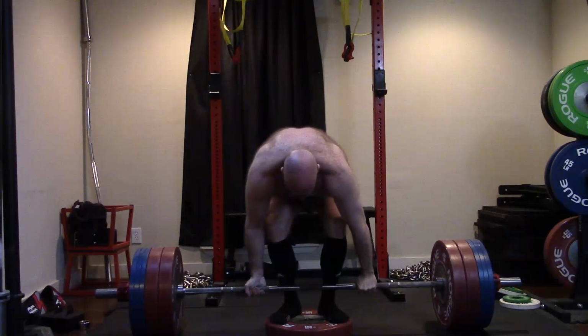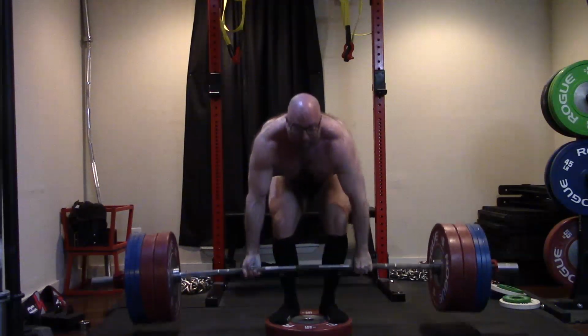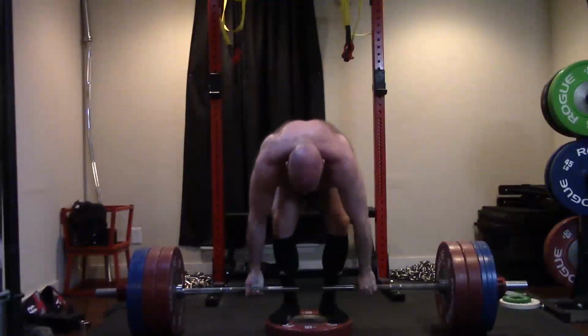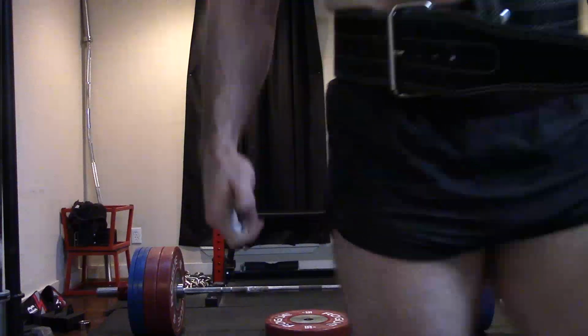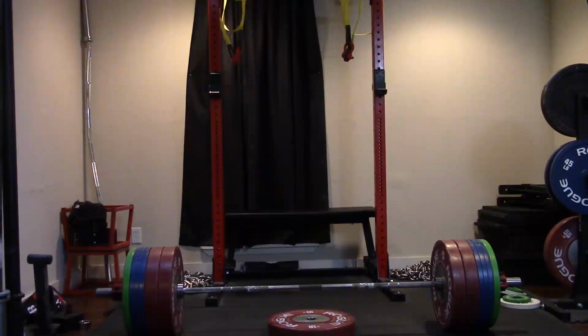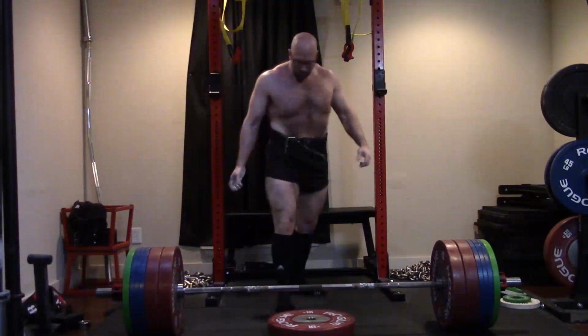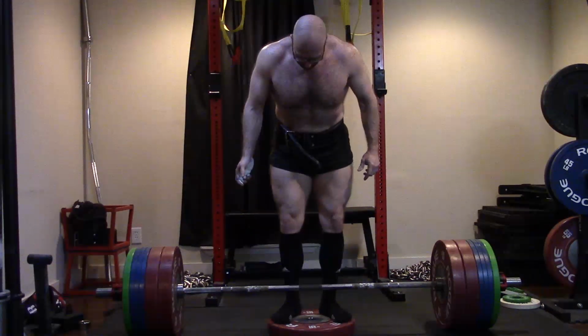PRs. Now, I've had a few people in the comments already on the separate PR video say, man, don't you pull more on a 1-inch deficit? Yes, I do. This is still a 70-pound PR on this lift. Yes, you lose a significant amount of weight with every inch you add to a deficit, and a 2.5 is getting pretty big. Even that 2-inch I was doing for the rep work, you could probably extrapolate it over,